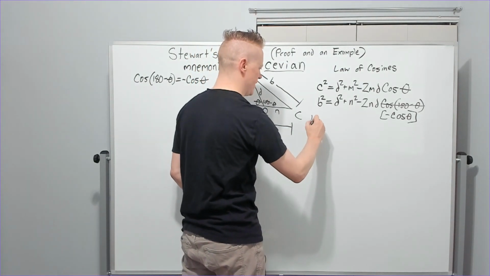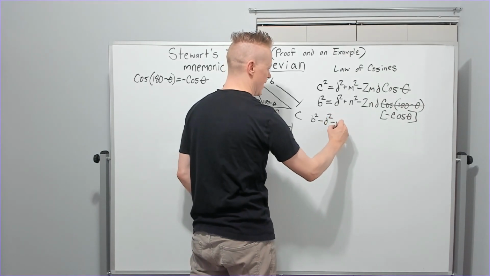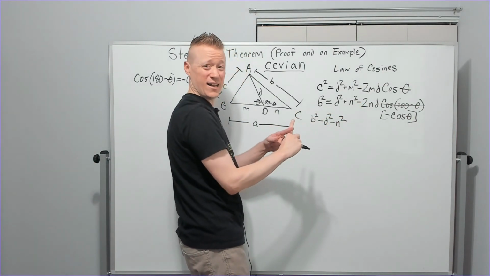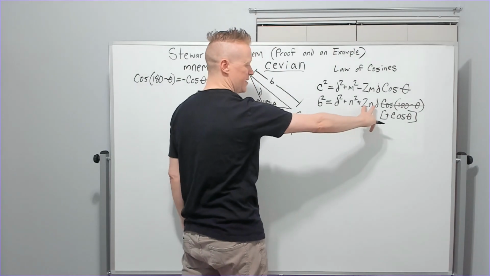So I'm going to get b squared minus d squared minus n squared. This negative and this negative combine to make positive, so we can kind of get rid of that. And we're going to divide by